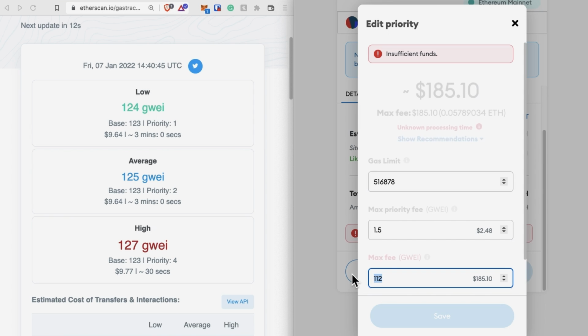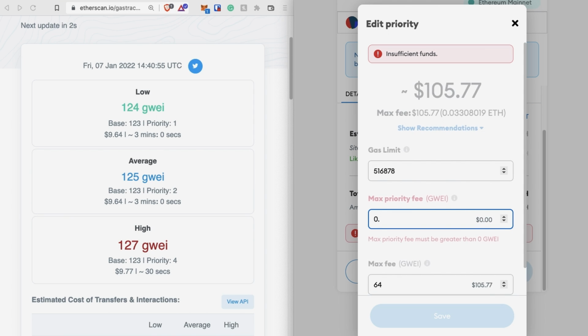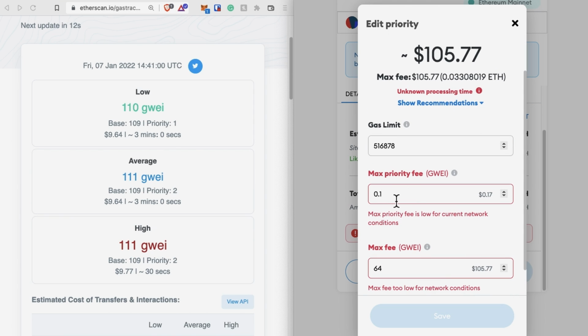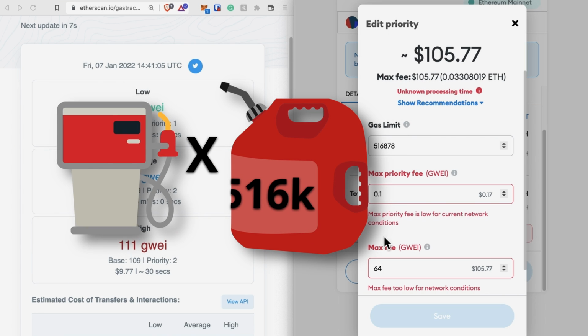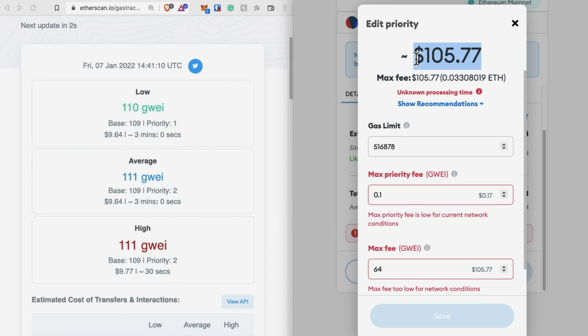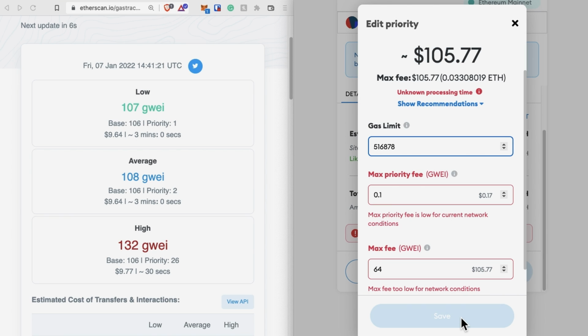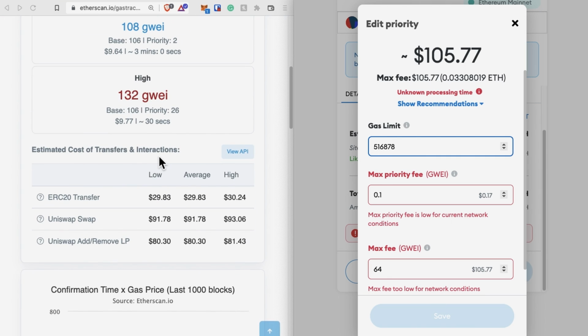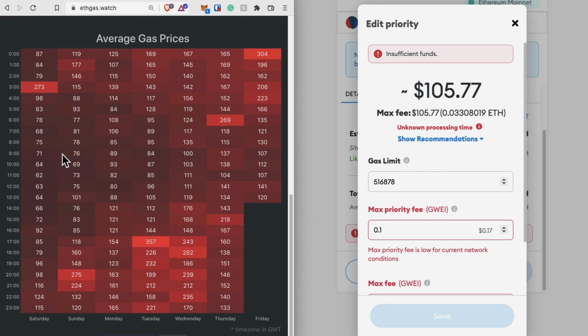And so I've had luck dropping it down to like 64 GWEI, choosing to barely tip. And with this, it will go through all of that big tank of gas, but at a much cheaper price. And even at that price, it's still $100 to get set up on OpenSea. But this is what I would do, and I would let that sit, and then it might take half a day to go through. This thing shows over time, at some point, it'll probably get low